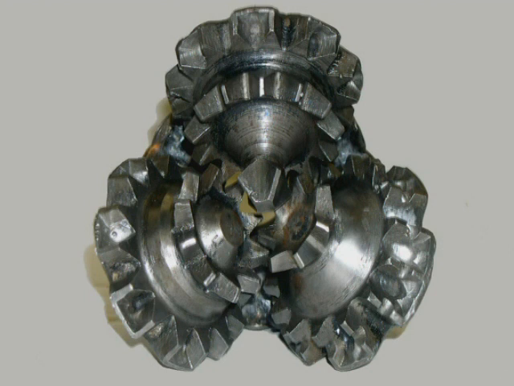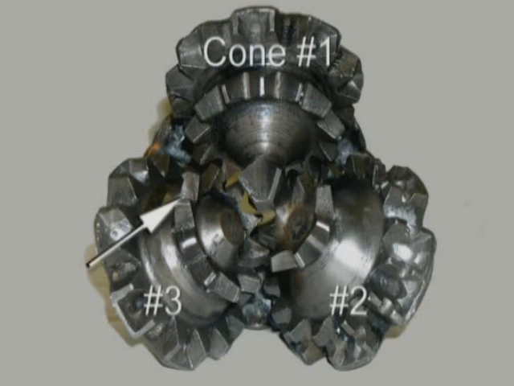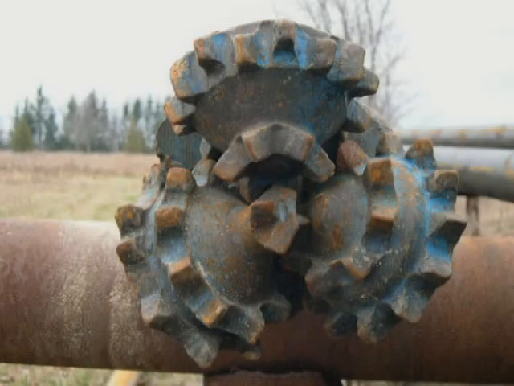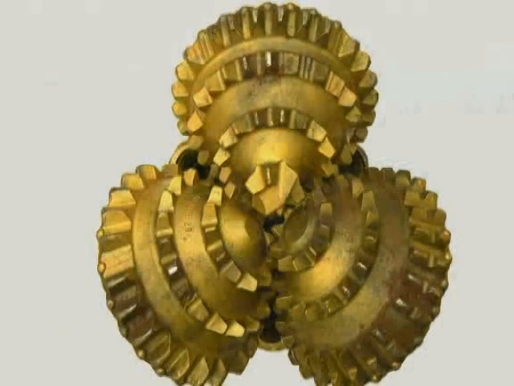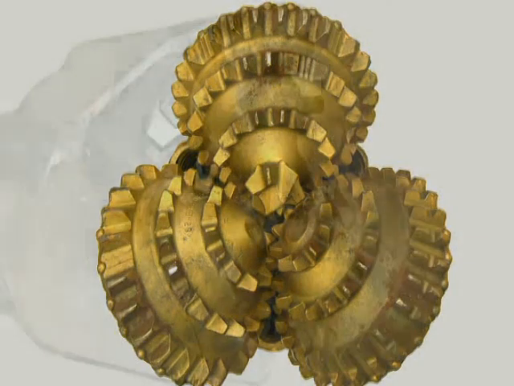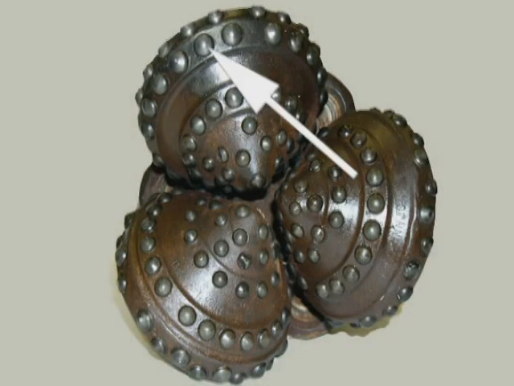For example, in a tricone bit, cone number 1 drills the very center of the hole, while cones number 2 and 3 are each responsible for a different path or area. The length, size, and material the cone teeth are made from reflect the characteristics of the formation for which the bit is best suited. A long steel tooth is designed for soft, unconsolidated formations, while short tungsten carbide teeth excel